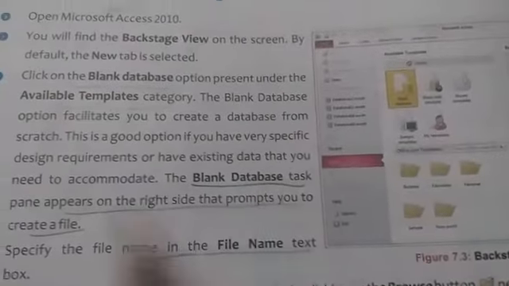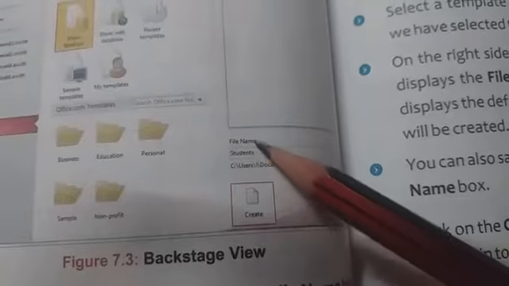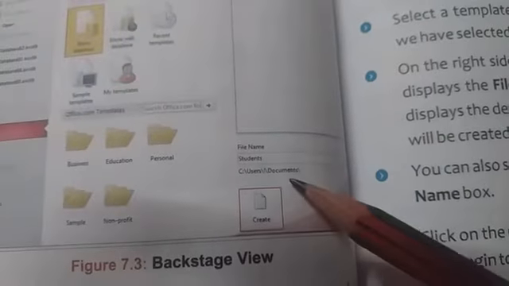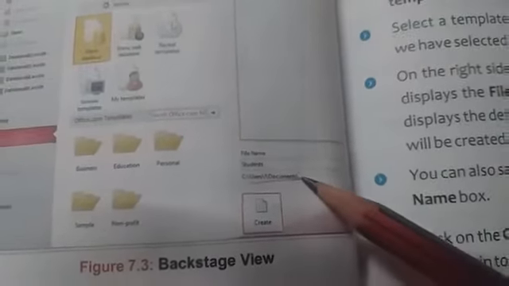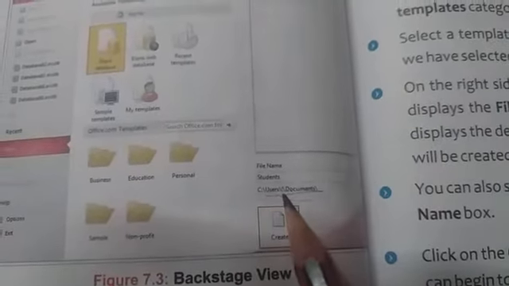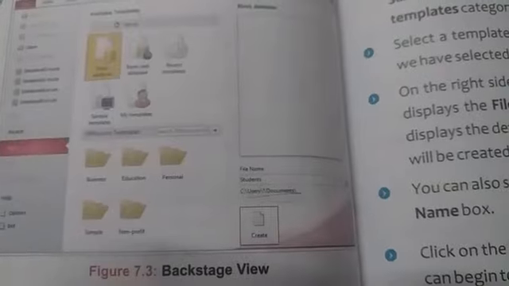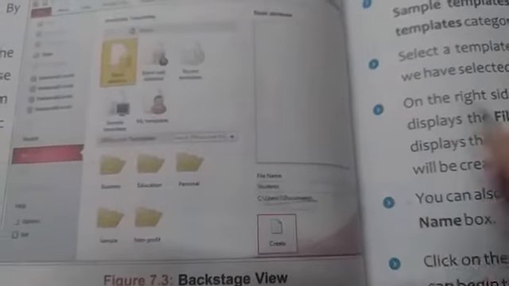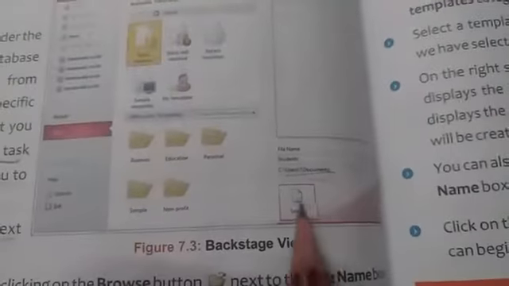After this the blank database task pane appears on the right side. Here you have to give the file name that you want, and if you want to change the location of the file, you can click on the browse option and change the location according to your requirement, and at last you have to click on the create option.